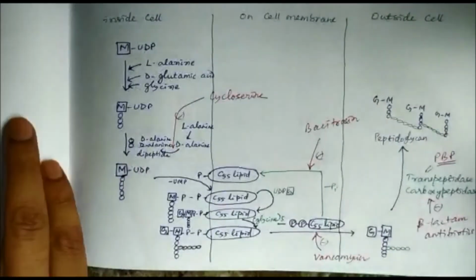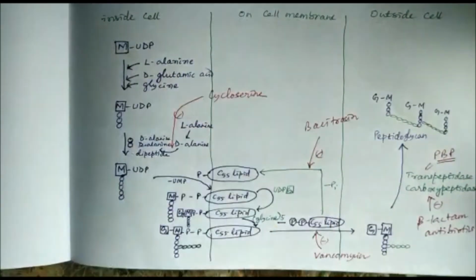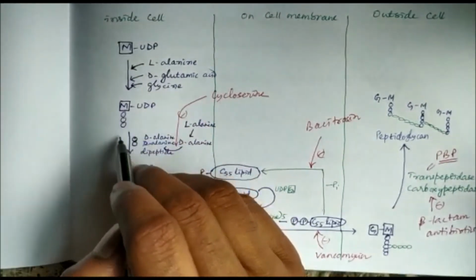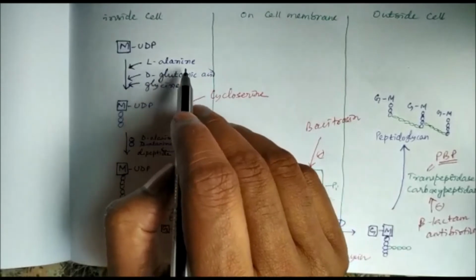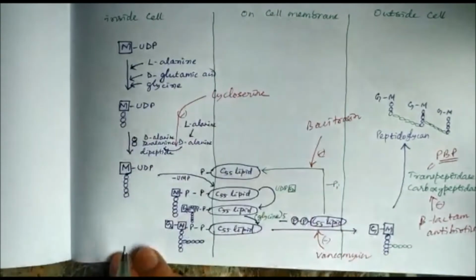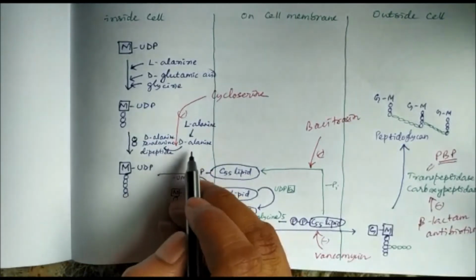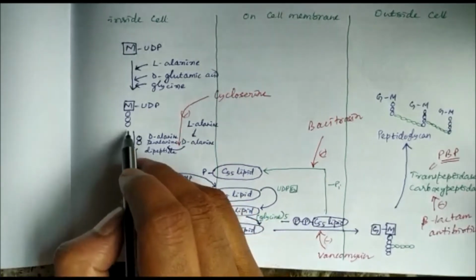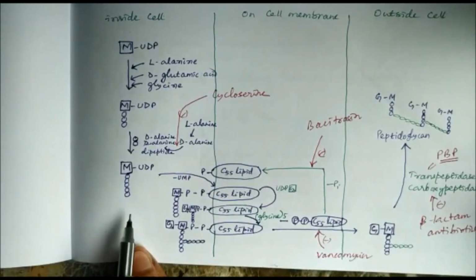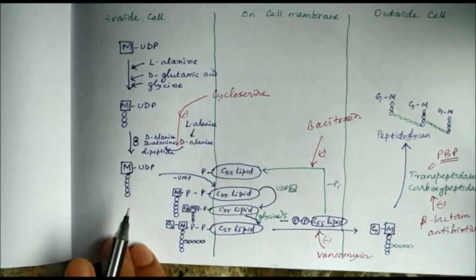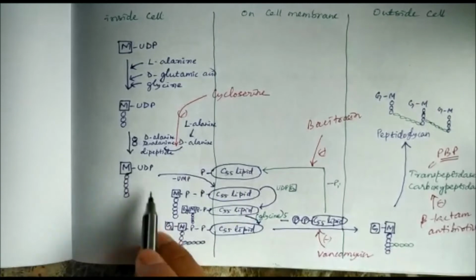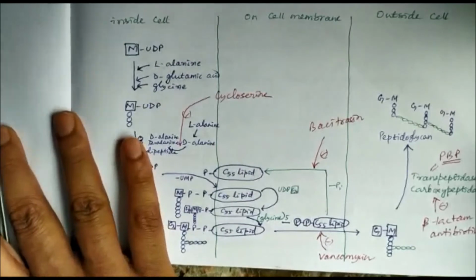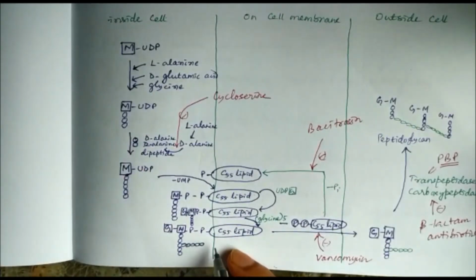Then inside the cell, the MUDP tripeptide complex is first formed with three amino acids: L-alanine, D-glutamic acid, and glycine. Then D-alanine is cross-linked to form a dipeptide, and this dipeptide is combined with the tripeptide to form the pentapeptide complex. Once this pentapeptide complex forms, it binds with a carrier lipid on the cell membrane, and then to this complex